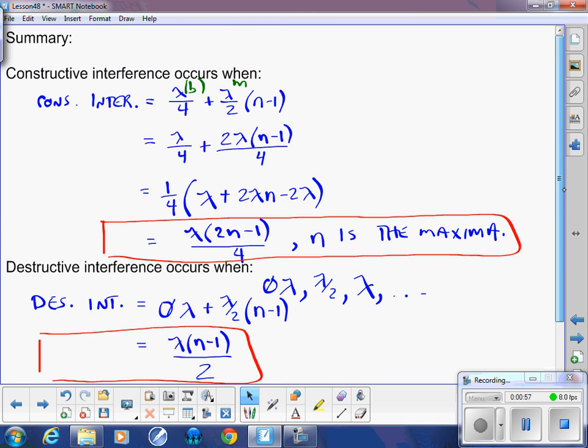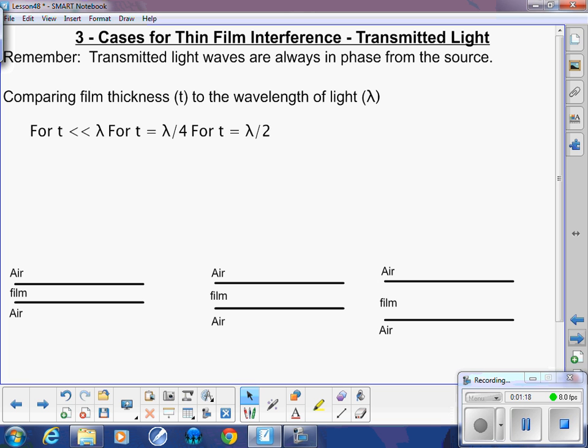And please, what you can do to simplify things for you, this is for reflected light. All right, because the next one we're going to is transmitted light. So please make sure that you know that these two formulas are for reflected light. Because now when you look at this particular page,